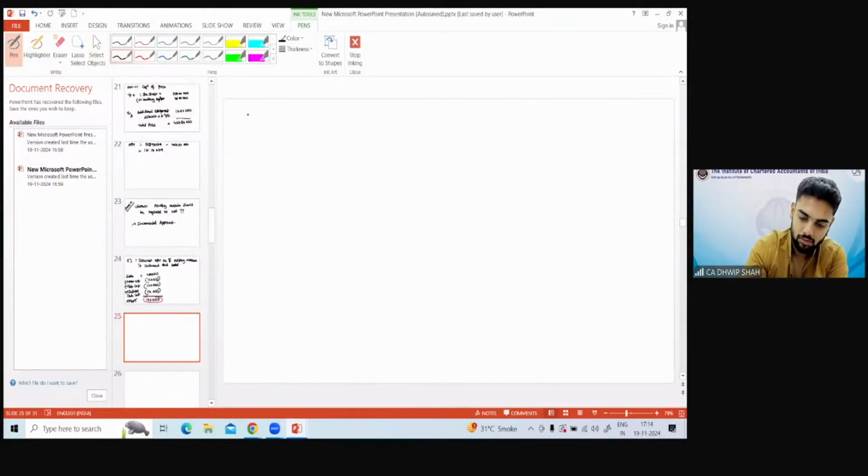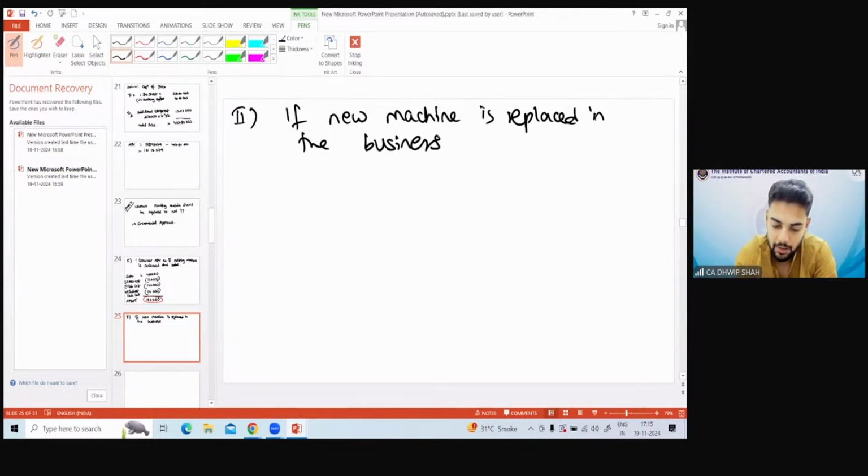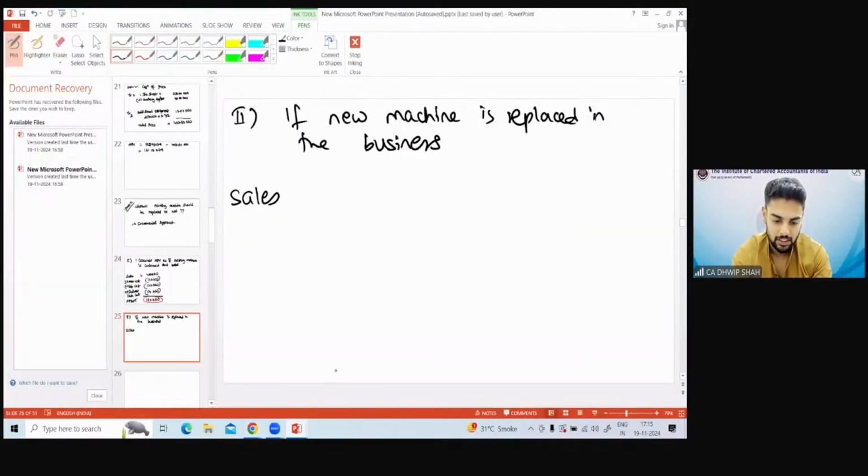Now, if new machine is replaced in the business, then let's calculate what is my NPBDT. Okay? So sales in that case would be 75,000 into 15, correct? 75,000 into 15, which comes to 1125,